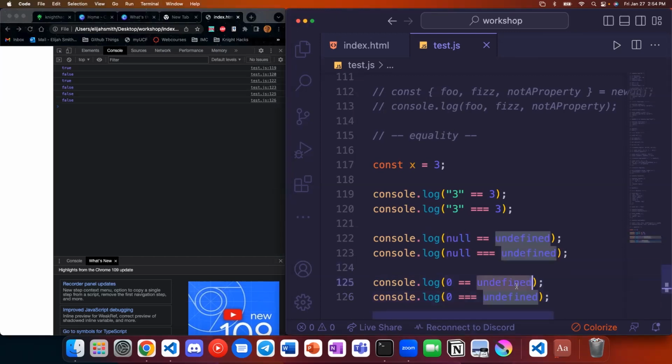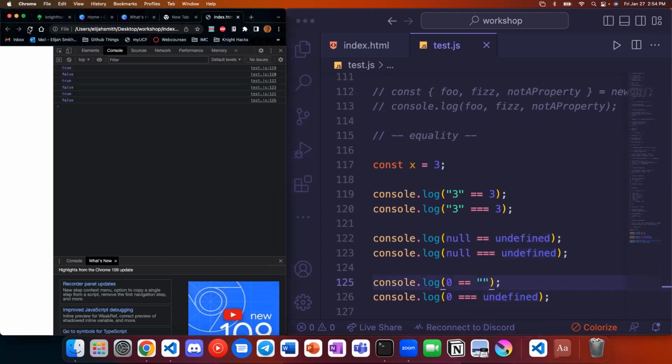These are both false. What if I did this? Does this work? Yeah. So the other thing is there's a concept of truthy values and falsy values. A lot of base types have, most of them are true in loose comparison, and in strict comparison, you can't even do it.